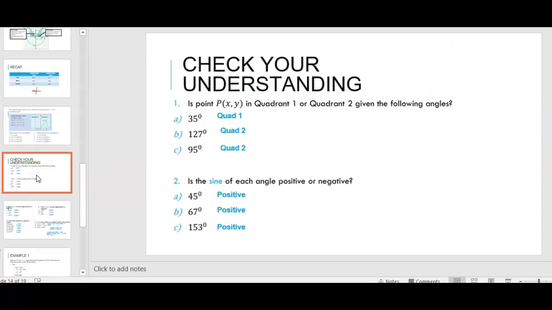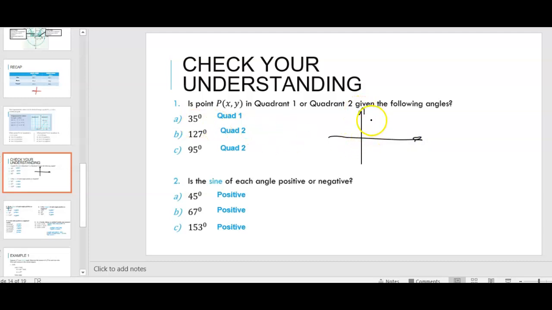Let's do a few examples to understand what we talked about so far. Example 1 is asking us if point P with coordinates x, y is in quadrant 1 or quadrant 2, given the following information. Okay, so we have angle 35 degrees here. We have angle, let's call it theta or whatever, 35 degrees. All right, let me try to build some straight lines here. All right,